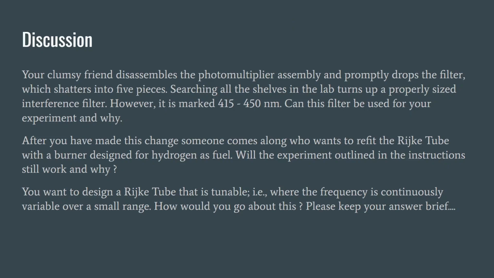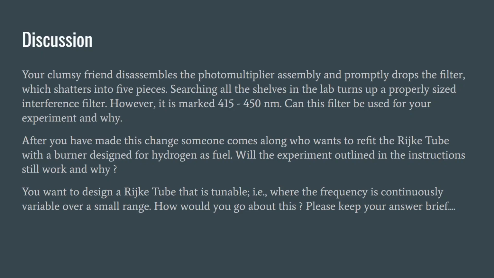Now into the discussion questions. So the first one, we have a clumsy friend who accidentally drops the filter for the photomultiplier and is seeing if we can use another interference filter that's marked for 415 to 450 nanometers. This wouldn't work out, as the interference filter is a bandpass filter, only allowing wavelengths of 415 to 450 nanometers to pass through,